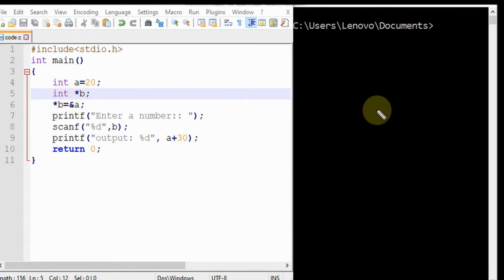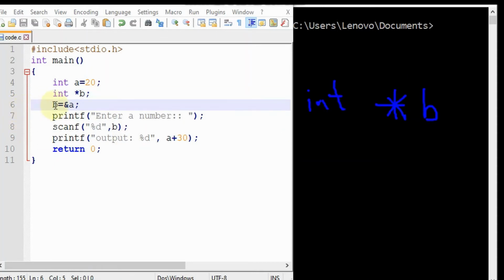So the asterisk says that b is a pointer, and this data type says that b is pointing to a variable of type integer. Now we are storing the address of a inside b. We can do that because a is of type integer, so we can give the address of a and store it into b.